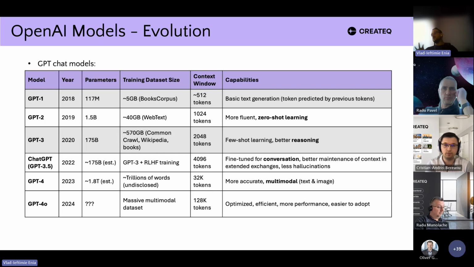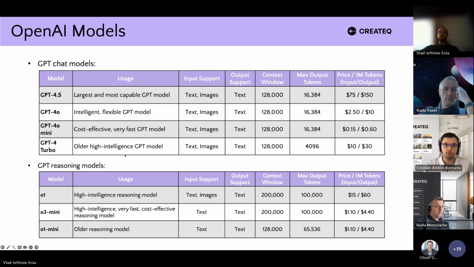GPT 4.5 is the next big thing to come out, but it is still experimental. And one important thing about GPT-4o is that it is smarter, better at reasoning, and so forth. Very large context window, and it is optimized for efficiency and cost. So it is much easier to adapt in your projects.